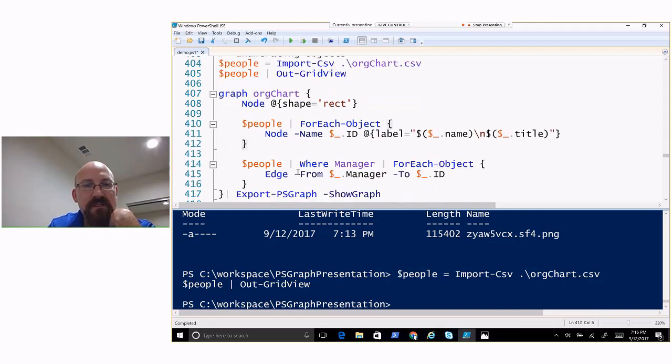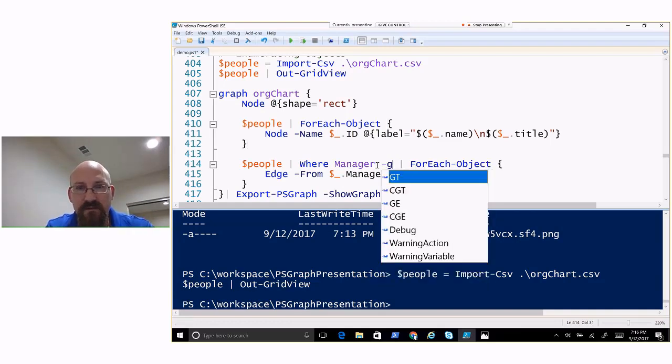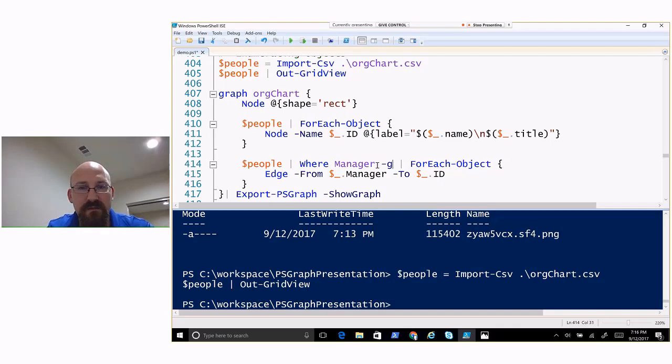In this next clip, it says, take these same people where the manager is greater than 0, true or false, if there's a manager or not. For each object, let's just connect from the manager to the employee. So I'm doing a flow from top to bottom, right? The CEO to his direct reports. And when we take a look at this,